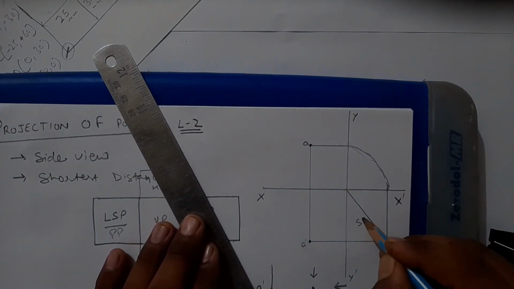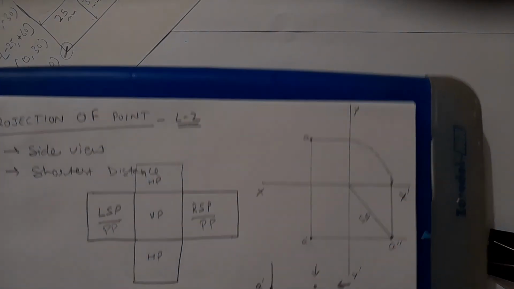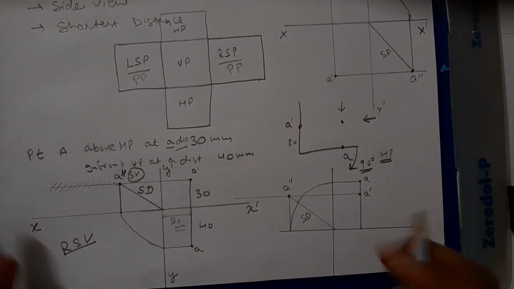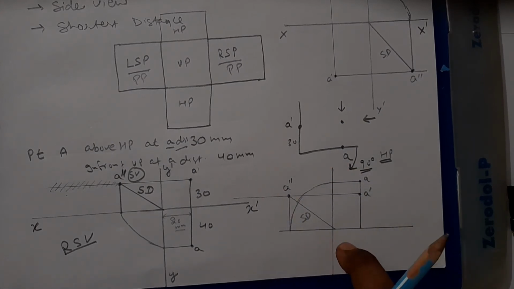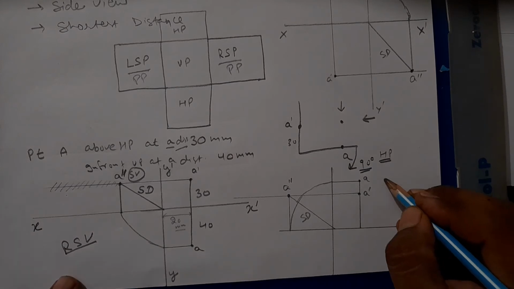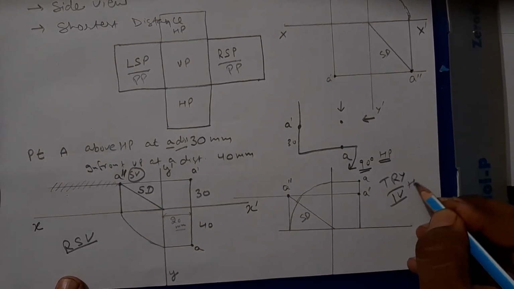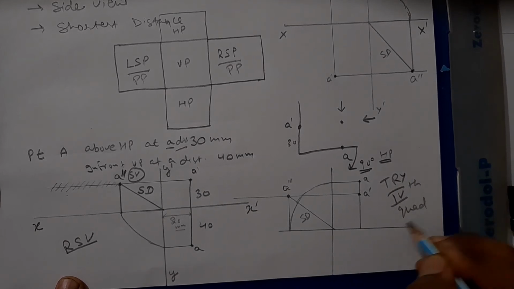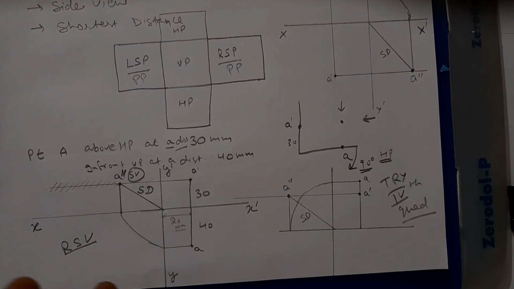the shortest distance. Likewise, if we are going for the fourth quadrant, it is just the reverse of the second quadrant, and we will get the result for the fourth quadrant. Just try it yourself for the fourth quadrant. If you have any doubt or any query, you can raise it through WhatsApp. I am sharing my WhatsApp number. You can raise the queries.